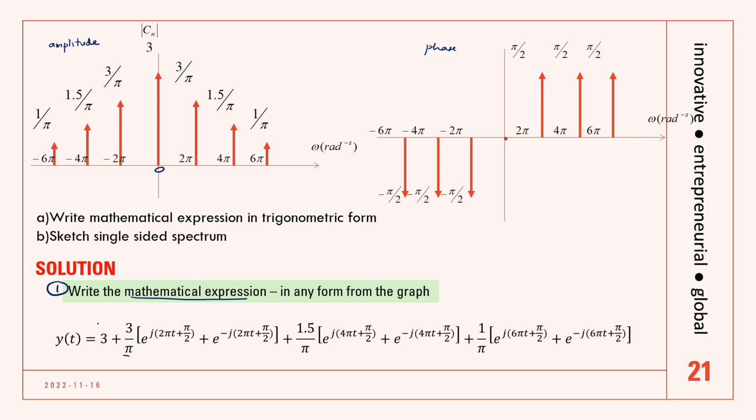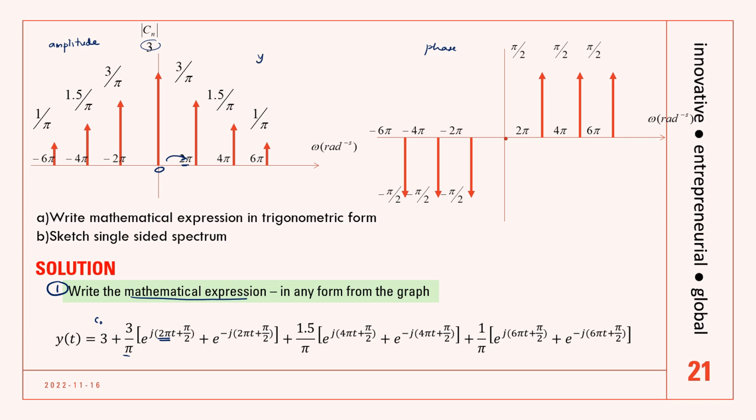The first thing, C naught. Your C naught starts from 0, so straight away the value is 3. Now let's look at the next component. The omega is 2π, so straight away this is omega, because you already know,